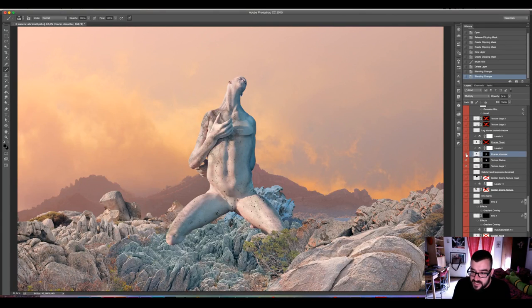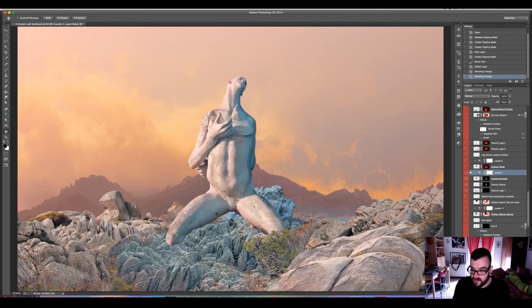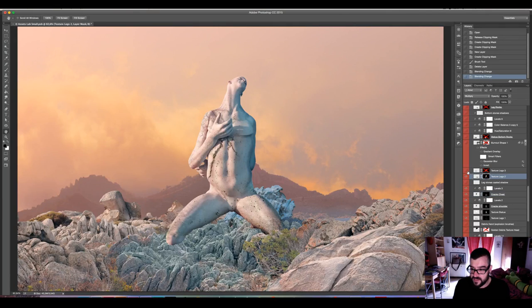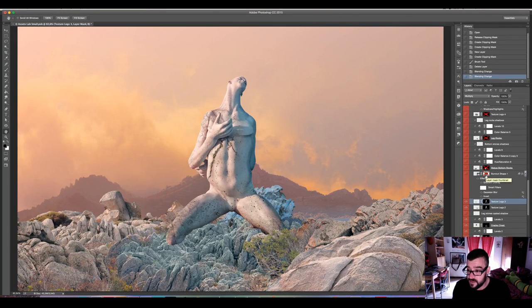And as you can see in this layer, we have some residual stuff which we can fix using a levels adjustment layer. So I'm going to show all the layers and all the effects. Some of the textures are hardly visible, but always the pixel perfection is in the details.